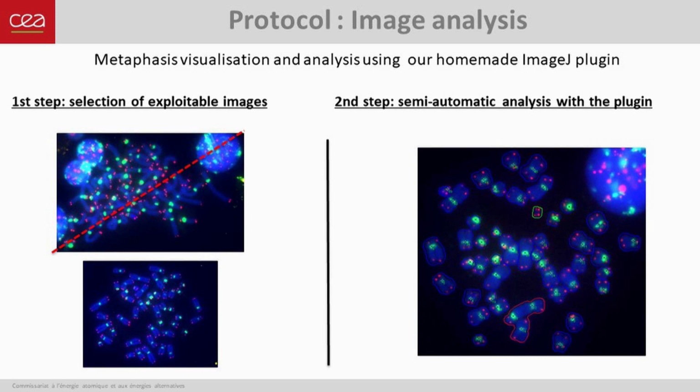Then, we validate for dicentric and ring chromosome detection, as well as the different acentric fragments with telomeres at each extremity or only one. We are also able to detect interstitial deletion resulting from 2 double-strand breaks. We can then score either dicentric plus ring or total double-strand break for those estimates.